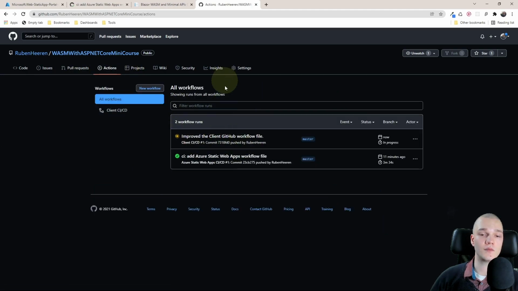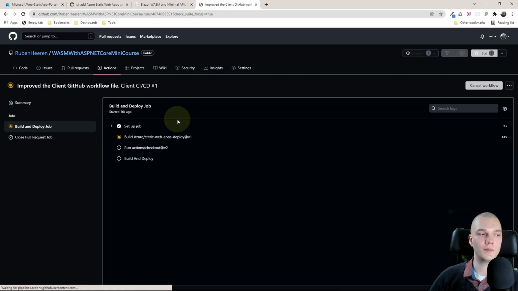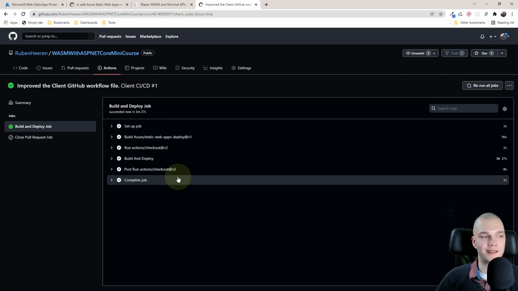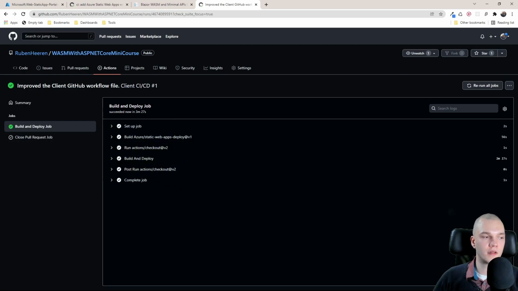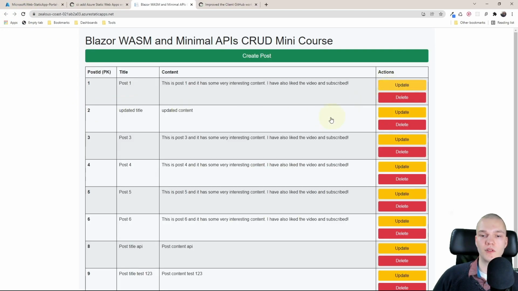And we see that it's running and that the name is changed. So I'll open it up. Awesome. And I'll just open build and deploy job, and I'll speed up the video for you until it completes. Awesome, so it completed successfully. And now this action won't run if we only make changes in the server project, and the name actually makes sense now. So I'll just refresh it here in my browser, see if the modals have been updated.